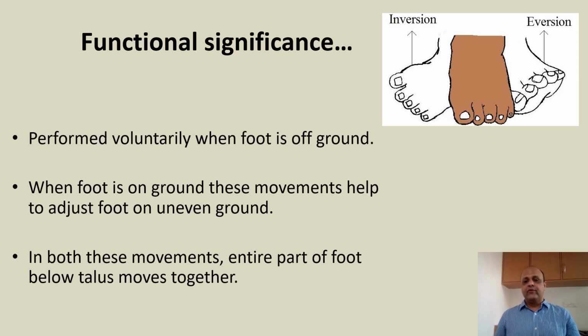So this is a very frequently asked question in the examinations. Define these movements, tell the main joints at which these movements occur, tell the accessory joints at which these movements occur, draw the diagram of these movements, make the axis of these movements, define the axis of these movements, and then name the muscles responsible for these movements. And when you do so, at the end, tell the functional significance and the range of these movements. And then you will complete this answer to the satisfaction of the examiner, and then your attempt will fetch you good marks.